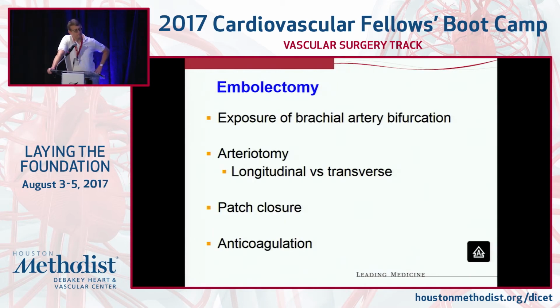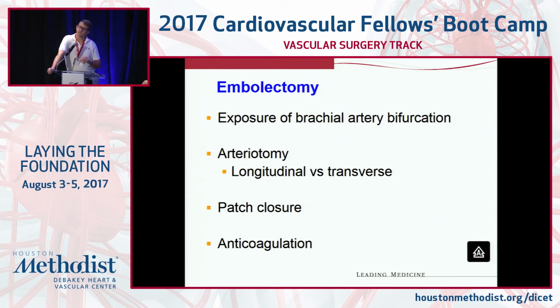When you're thinking about embolectomy, almost all of the time, if the embolus or the thrombus is in the brachial artery, no matter how proximal, I think it often makes sense to start at the brachial artery bifurcation. You expose that in the antecubital crease, you control your radial and ulnar artery outflow. It's important to make the arteriotomy in the distal brachial artery, but actually you want to have it relatively close